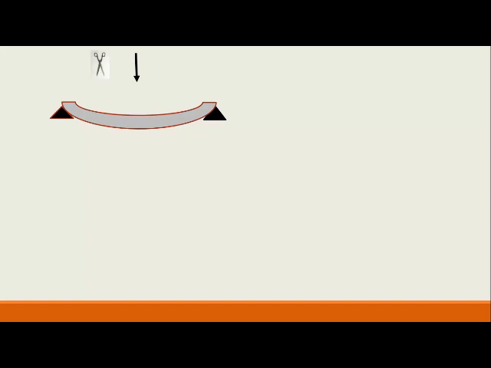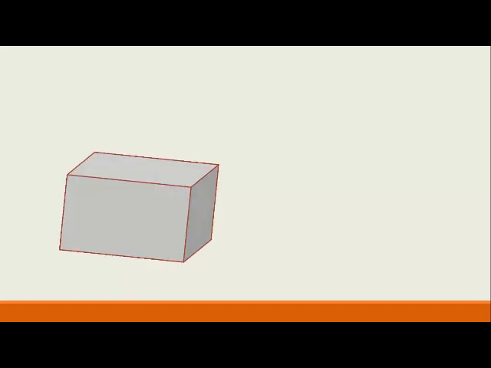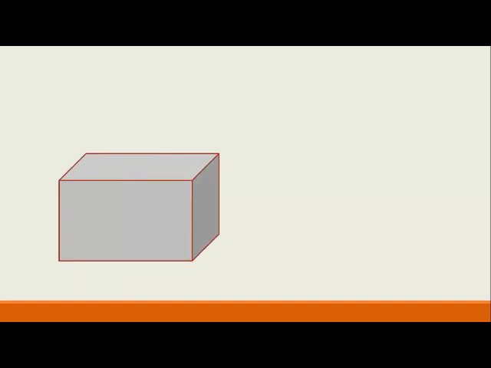Now if I take a cross section like this, and it will look similar as shown here, due to the application of the external load, there will be generation of a set of forces. The first one will be tangential to the cross section and will look like this, and the force will cause a deformation as shown here. These forces will cause a failure or deformation on a section due to application of the force just left and just right of that section, and is termed as shear force.